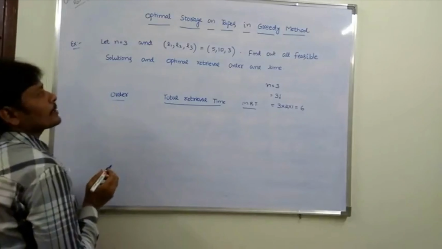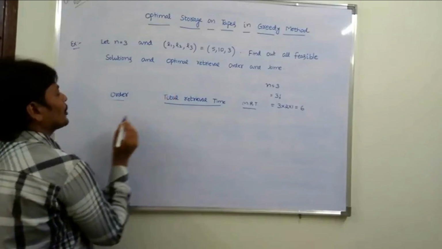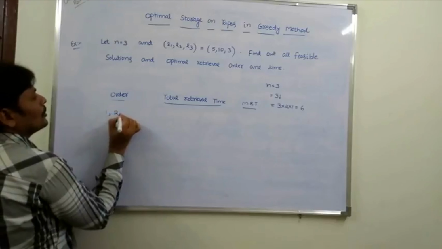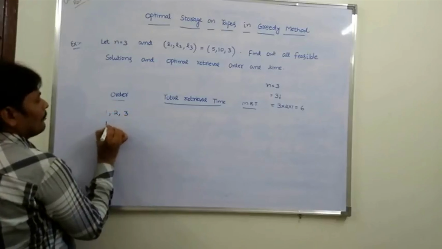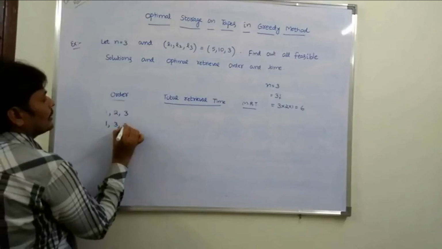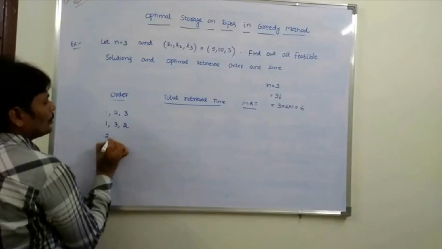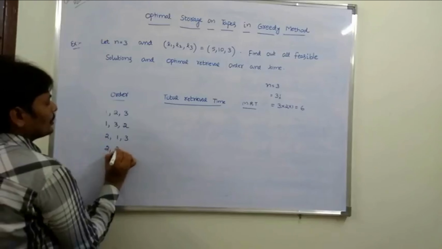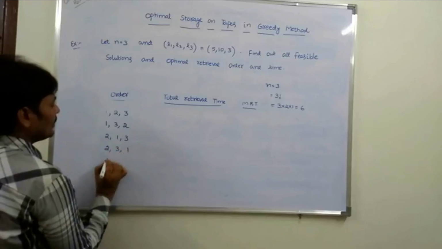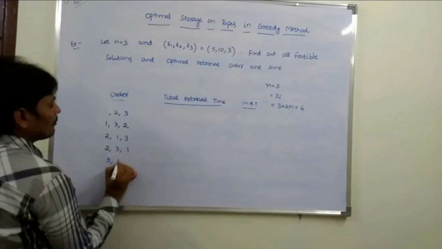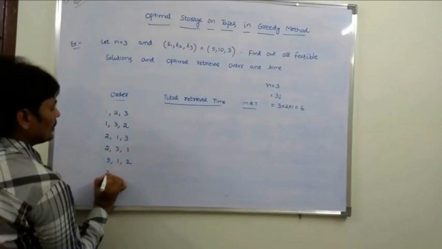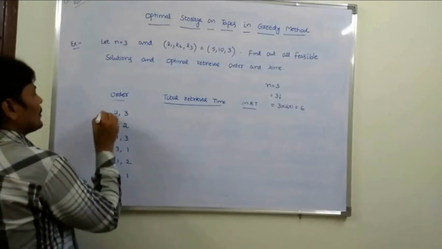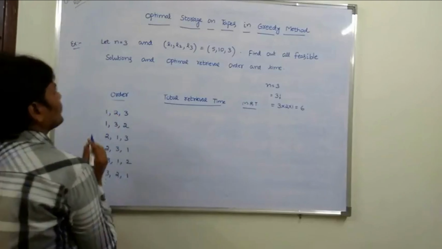So we are arranging these 3 program lengths in 6 ways. That is 1, 2, 3; 1, 3, 2; 2, 1, 3; 2, 3, 1; 3, 1, 2; 3, 2, 1. So the orders are